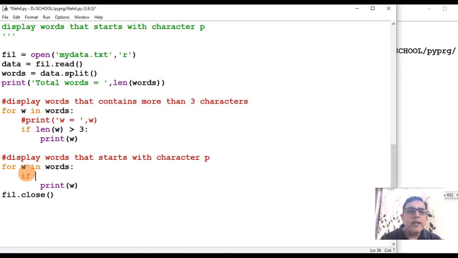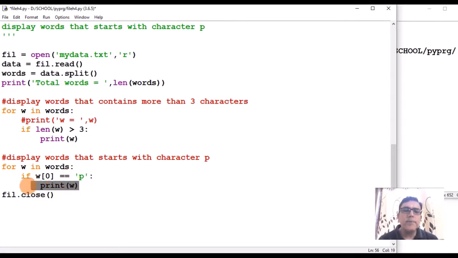So I have to check the first character of W, whether that word starts with character P or not. So how will I come to know the first character of W? Now W is a string. I will say if W[0], which means the first character of the string, is equal to character P, then display that word.